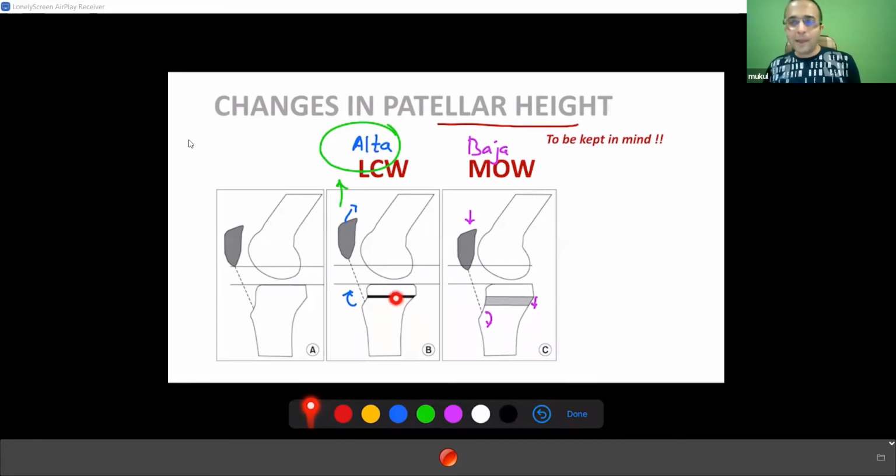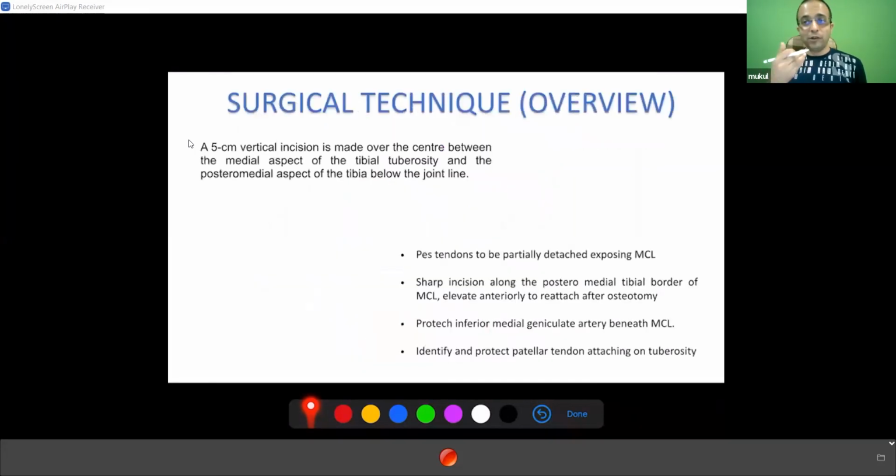So that's why I told you this happens with the lateral closing wedge osteotomy. So that is why this patella baja that is created by the medial opening wedge osteotomy is actually a good thing. Getting it? So you need not do anything in medial opening wedge osteotomy for the patellar height. It is a positive change that you can mostly accept. But as I told you, you do not correct beyond 20 degrees, so you don't move the tibia that much for these to be significant changes. So this is a point to be kept in mind. Practically, it won't be a troublesome factor. Clear enough? I hope you've now understood how patella baja is a positive factor in medial opening wedge osteotomy. So it is one of the advantages of the medial opening wedge over the lateral closing wedge technique.